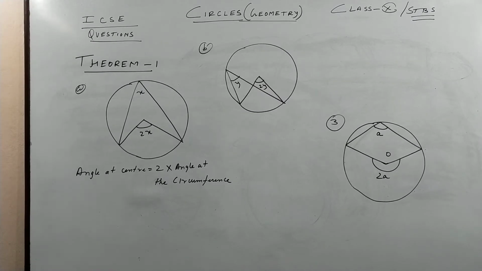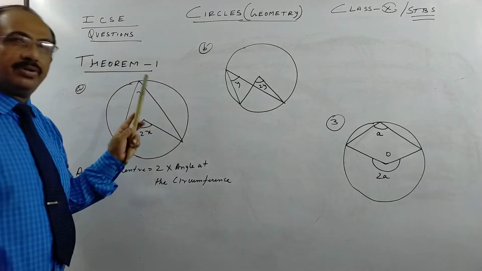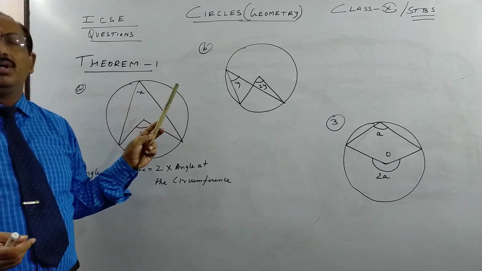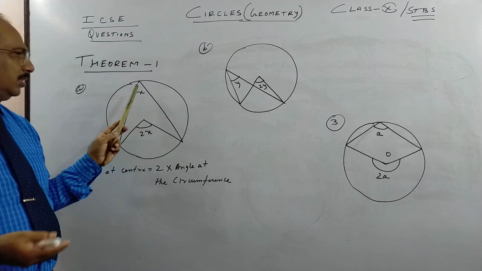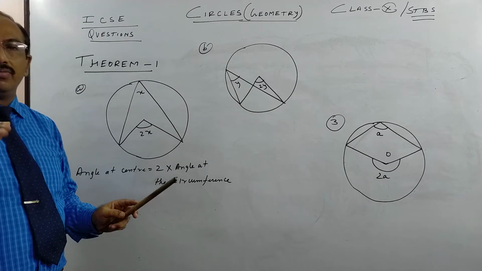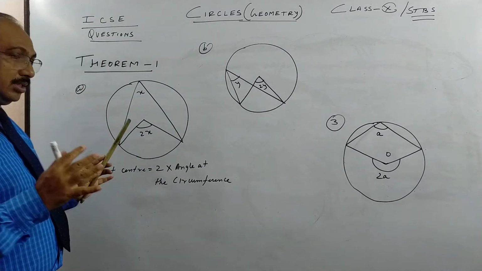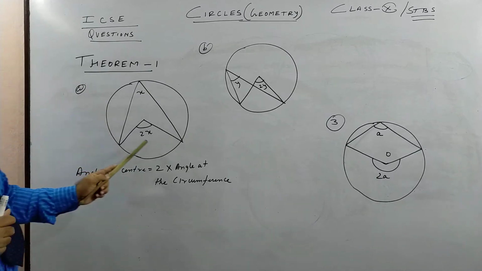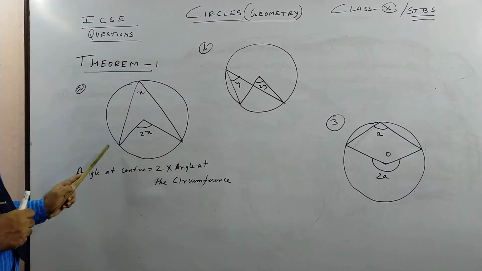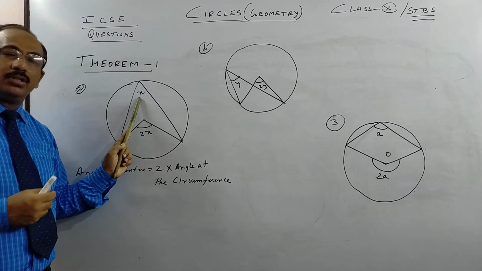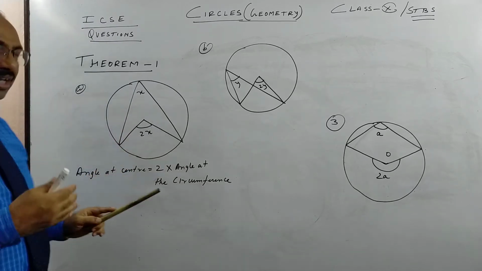Children, we go to the very first theorem of this chapter. In different books you will see they have different numbering. I am calling it 1. You may have some book which calls it theorem 5, some other book will have some other number. I am not interested in that. The main thing we should be interested in is the basic idea of the theorem. So the very first theorem in this circle chapter is the angle at the center. If an arc subtends an angle at the center as well as at any other remaining point on the circumference, see the wording in the book, children.